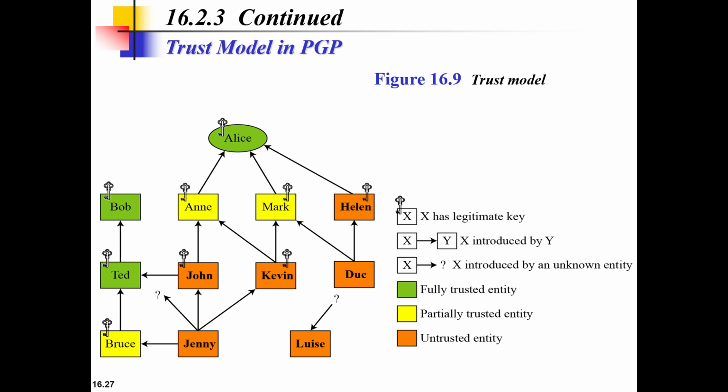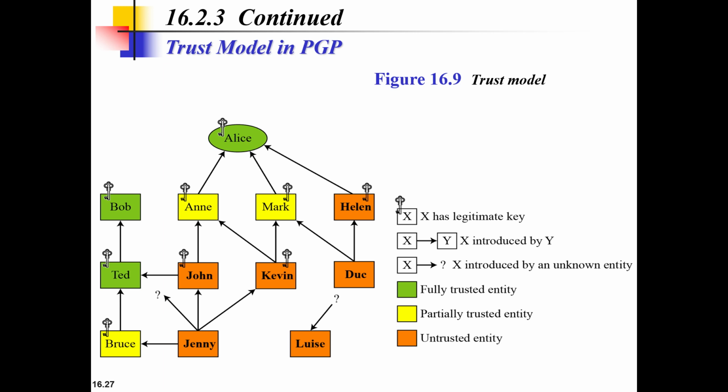The next topic is the trust model in PGP. We can create a trust model for any user in a ring with the user as the center of activity. Such a model can look like the one shown in figure 16.9. The figure shows the trust model for Alice at some moment. The diagram may change with any changes in the public key ring table.